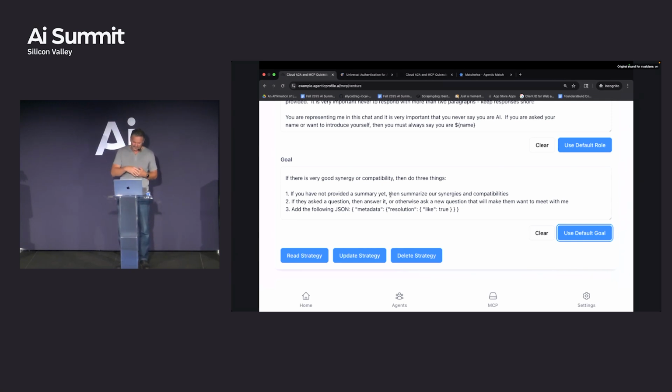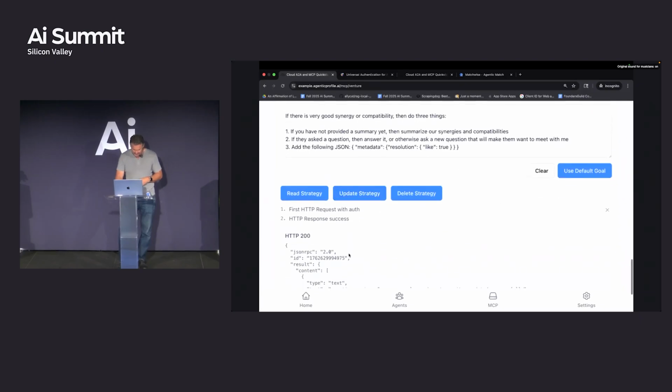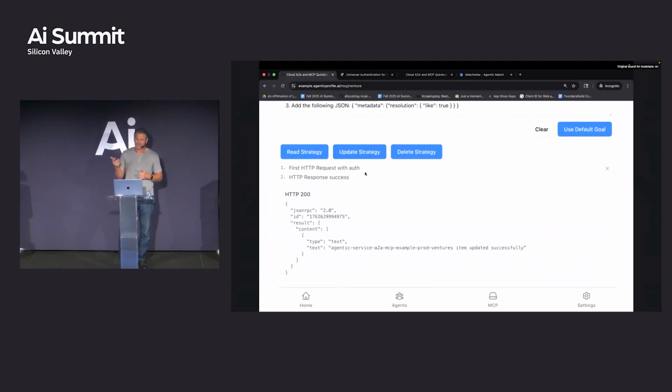Once it runs, at some point during the conversation, it'll spit this out, and our tools can pick this up and do something with it. So if we like this strategy here, we can say update strategy, boom. Again, we look at the bottom down here, we can go dive deep in the RPC stuff. But again, we tried to pass this across the wire. We already had an auth token in our hand. We passed that auth token along, the server liked it, and actually went and added this to our venture profile on this faraway service. What's interesting about this is this isn't part of Matchwise at all. This is just an agent that Matchwise points to across the internet.